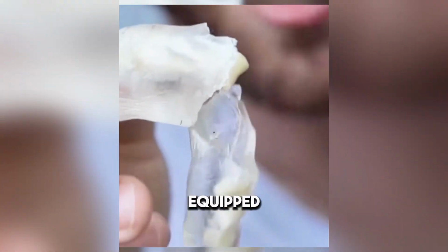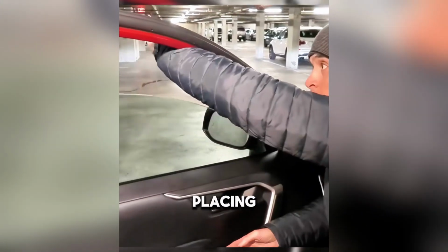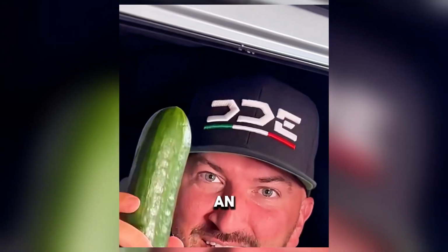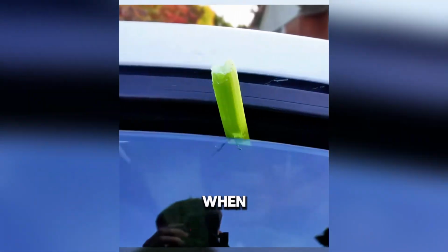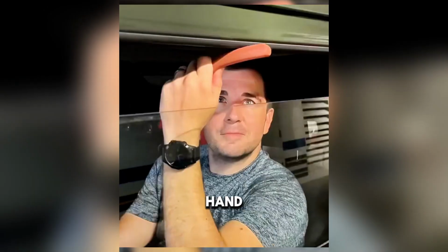Of course, some might say that most modern electric car windows are equipped with an anti-pinch feature, but in reality, it's not always effective. When placing objects on windows with the anti-pinch feature, it's easy to see that the window does stop, but not for all objects. For example, an empty bottle or a can may be pinched directly without the window stopping. This is because the object being pinched needs to have a certain level of hardness to trigger the window's anti-pinch function. However, even when triggered, fragile objects can still be damaged. One can only imagine how severe the consequences would be if it were a child's hand or a pet's paw